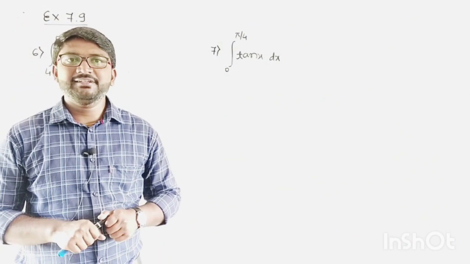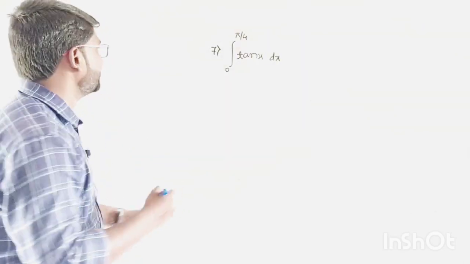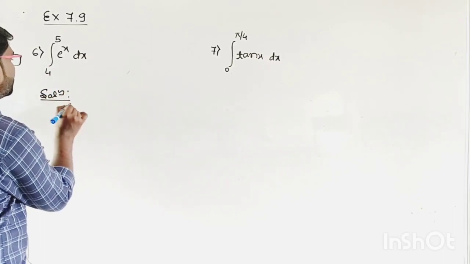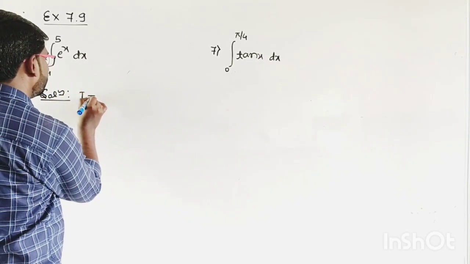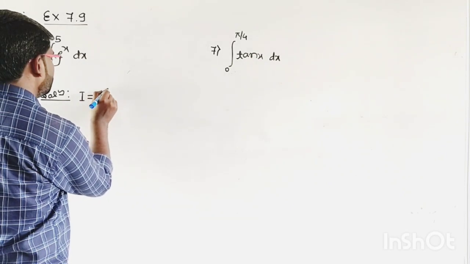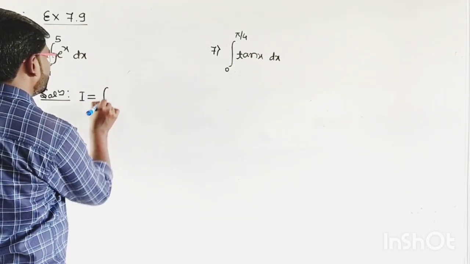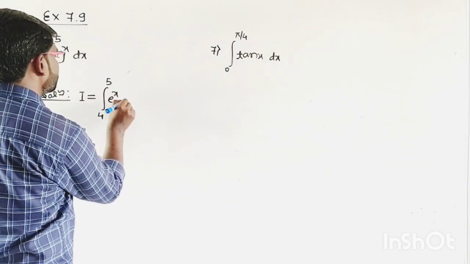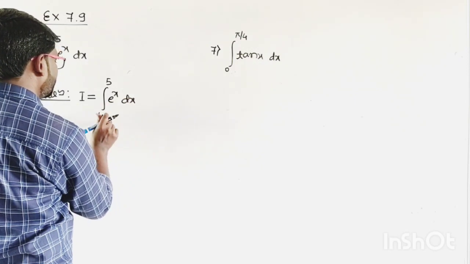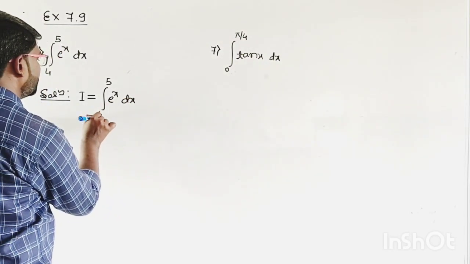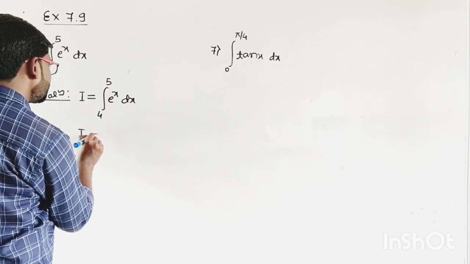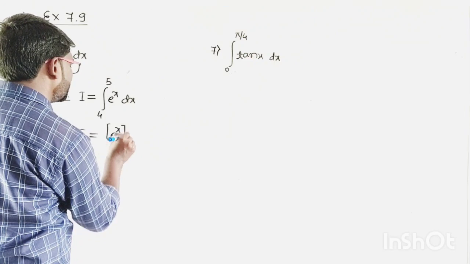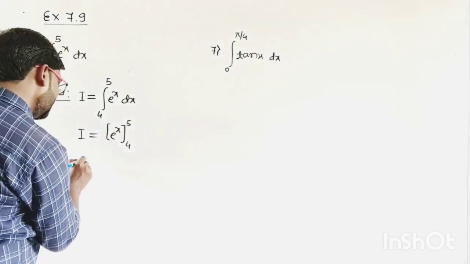Well, let us solve the sixth and seventh question of the exercise 7.9. So I'll be taking this as I which is equals to integral 4 to 5 e power x dx, e raised to x dx. So now what is the integration of e raised to x? It is e power x itself, then apply the limits here, it is 4 to 5, then I which is